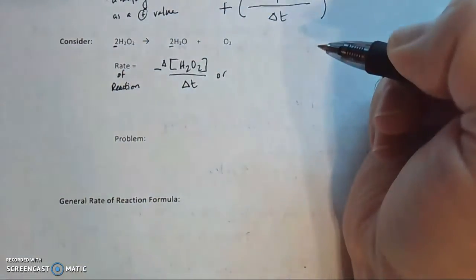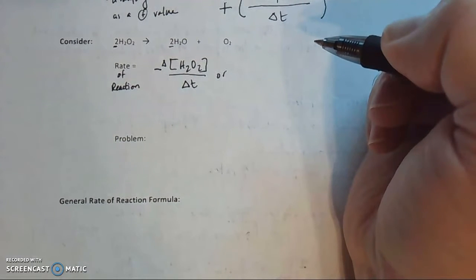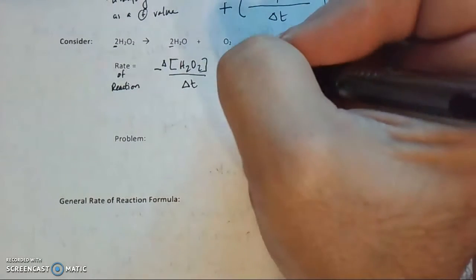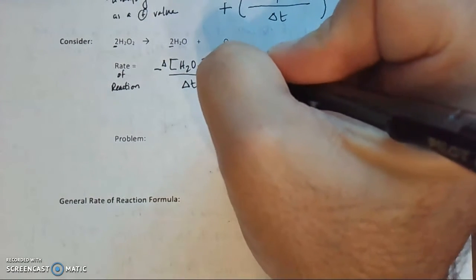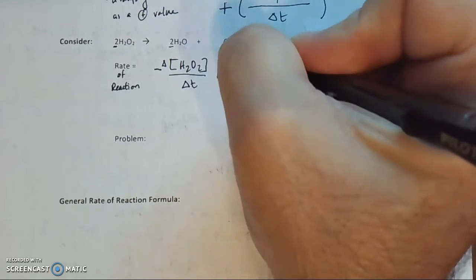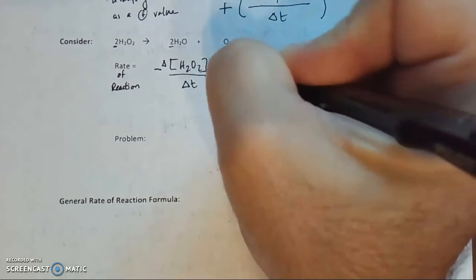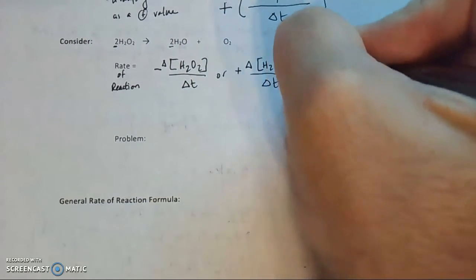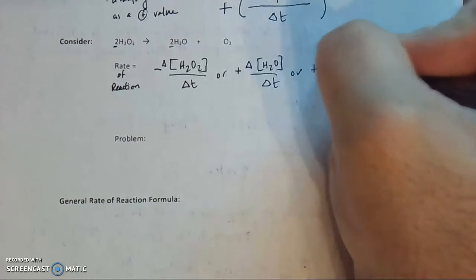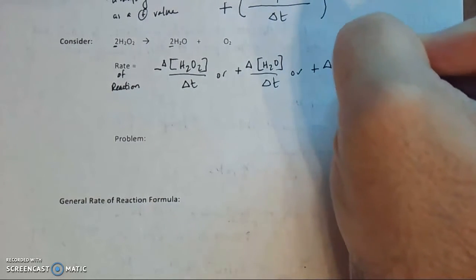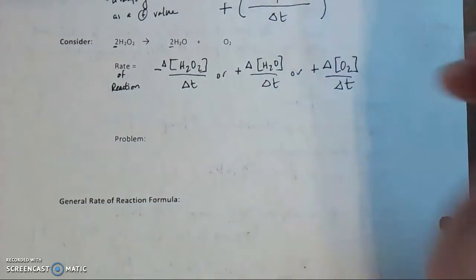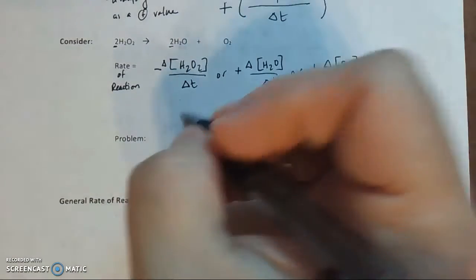Or if we wanted to talk about the concentration of water, that's a little bit hard because water is dissolved in water, but we'll go ahead and put it. That would be the positive change in concentration of water over time, or the positive change in concentration of oxygen over time. But our problem is